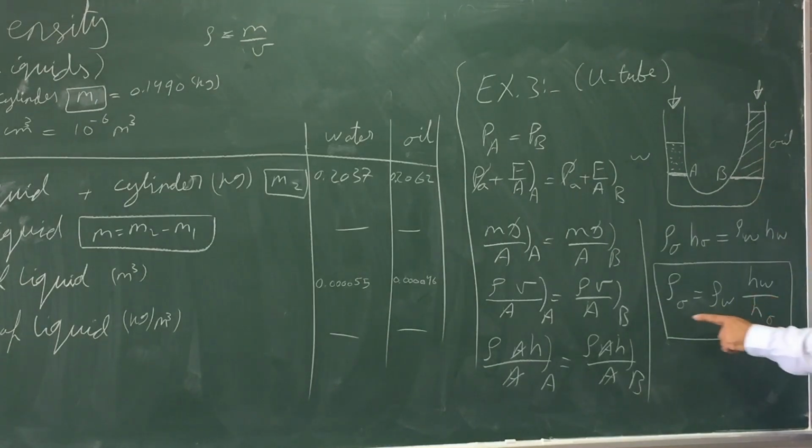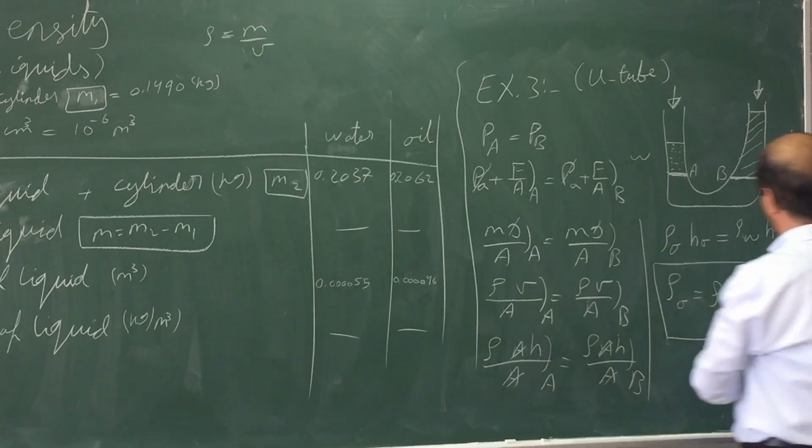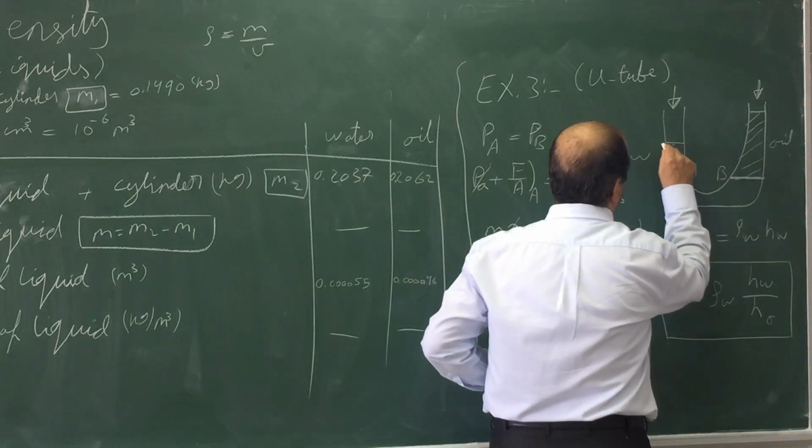If we put oil, then the unknown density of this oil equals the density of the water, which is well known, 1000 kilogram per cubic meter, multiplied by the height of the water,